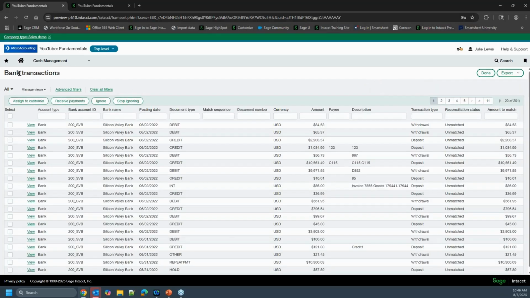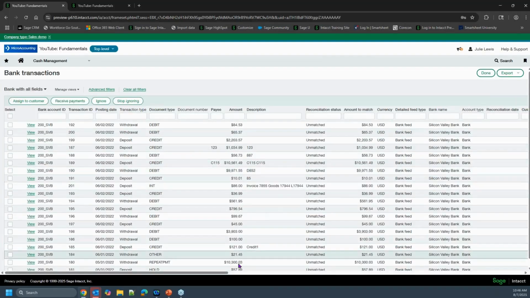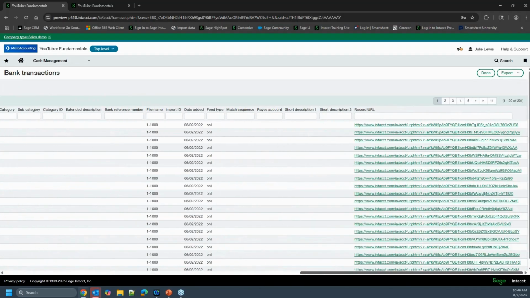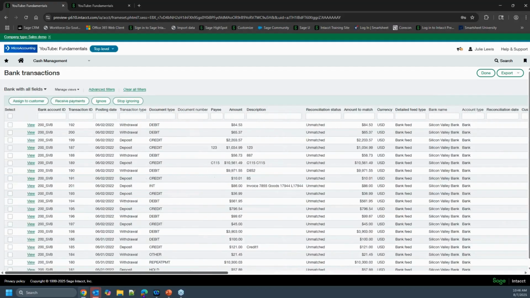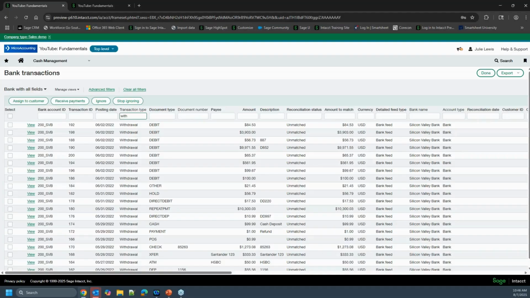Now that view is available in this section, that very first drop-down list. If I select bank with all fields, you can see all the fields that are now available, and I can search off of those, even within here. And then I can also use those for my rules. So very exciting, and more to come. I mean, again, what is Bank Feeds? It helps with bank reconciliation, and it can also create GL entries. So this is becoming more and more powerful every day.